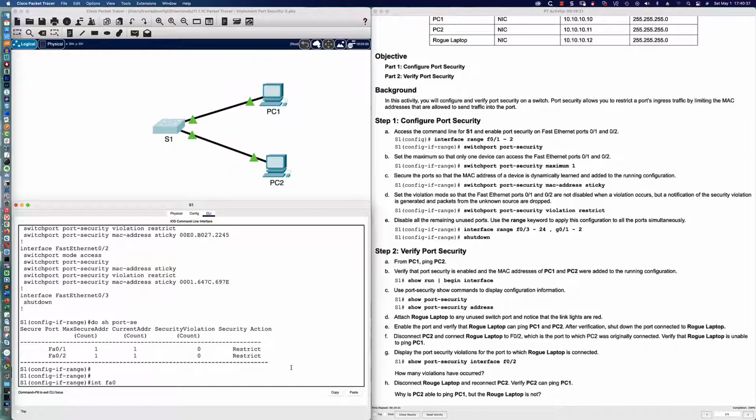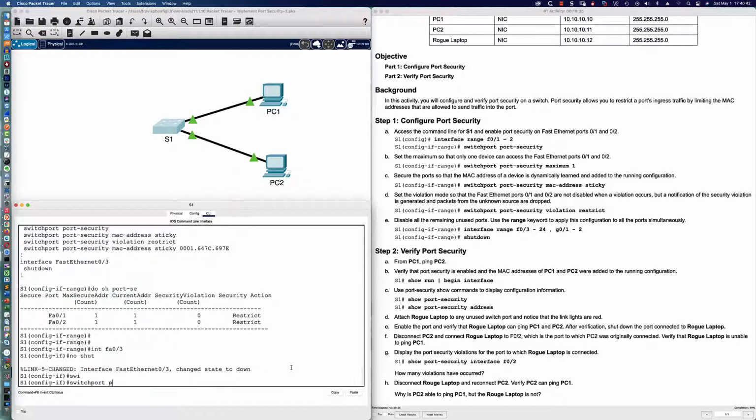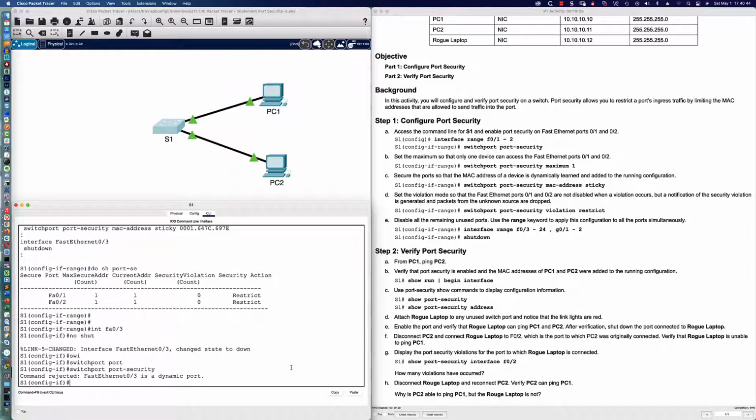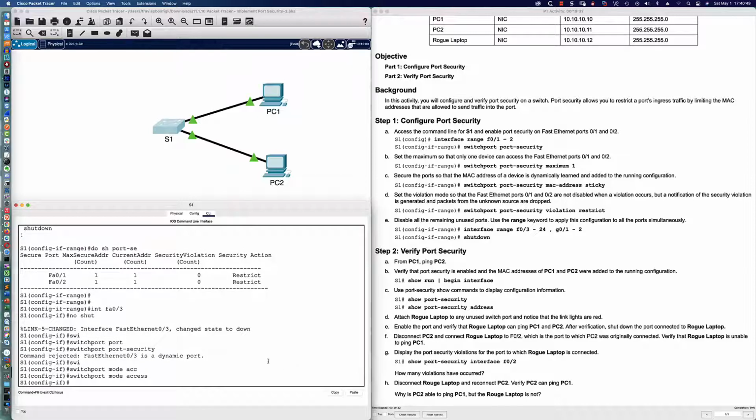Let's go into interface FastEthernet 0/3. Now, nothing's configured on FastEthernet 0/3, but what if I said switchport port-security? And we'll say switchport mode access. And the reason we received this message, sort of a fortuitous failure here, it came back and said, well,